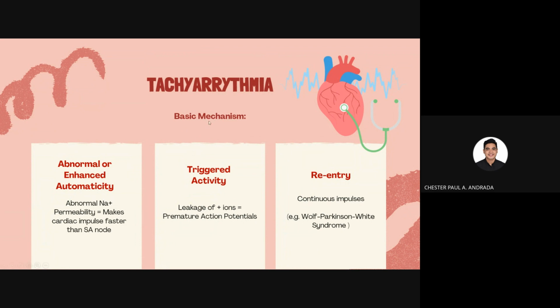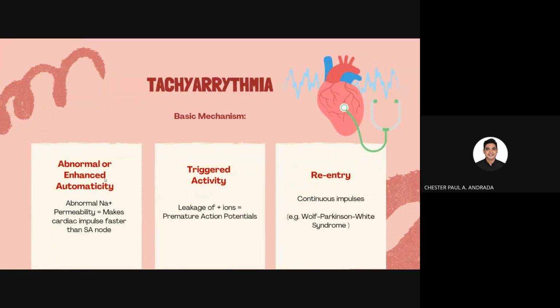But anyway, so sa tachyarrhythmia, we have abnormal or enhanced automaticity. It is the abnormal sodium permeability, which makes the cardiac impulse much faster than the SA node. Then the trigger activity is the leakage of ions or a premature action potential. So trigger activity, abnormal enhancement automaticity po,